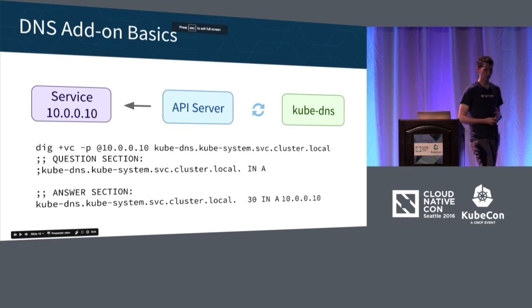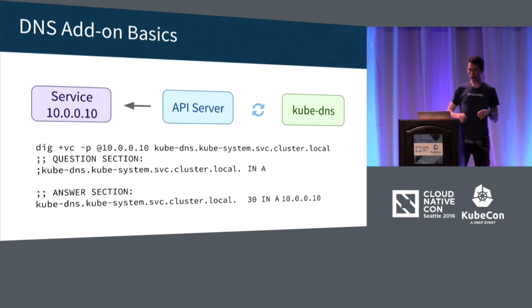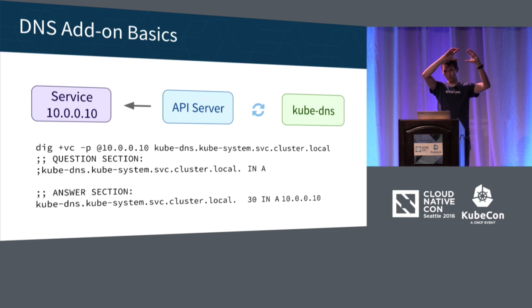So the basics of this service: there's a piece of software called the kubedns pod. It runs as a deployment in your Kubernetes cluster and synchronizes with the API server. So it's asking the API server, give me all the services that have been defined, give me all the pods that have been defined, and it's creating essentially a cache of all those things that it can resolve as DNS requests. And then it's exposing the service